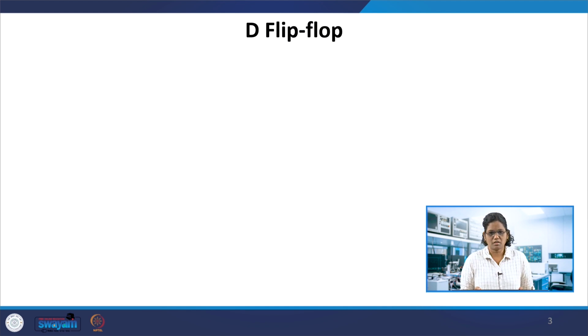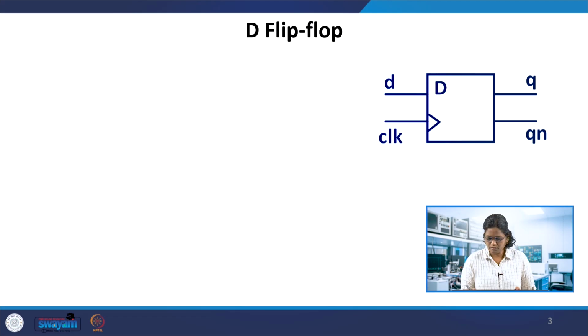A very simple flip-flop is the D flip-flop, which can store 1-bit information. If you consider it as a black box, you might have seen the basic flip-flop structure, which contains the bistable elements and the feedback. The D flip-flop shown here is a black box which takes the D input, and the output is Q. There is a clock involved in it.